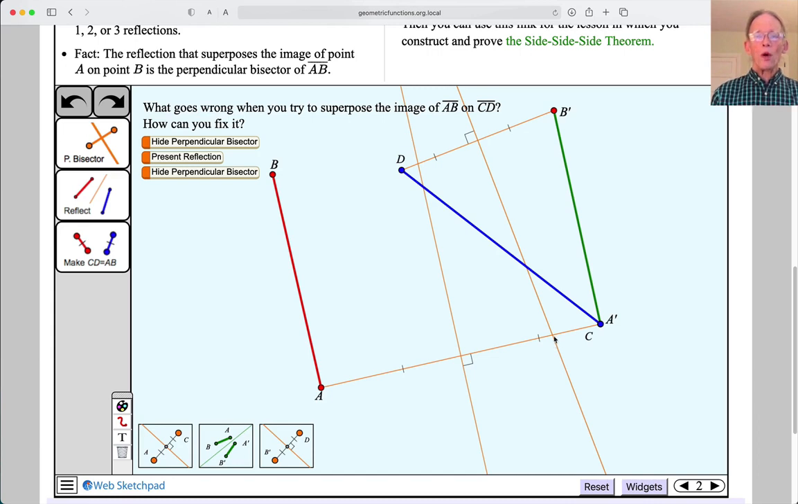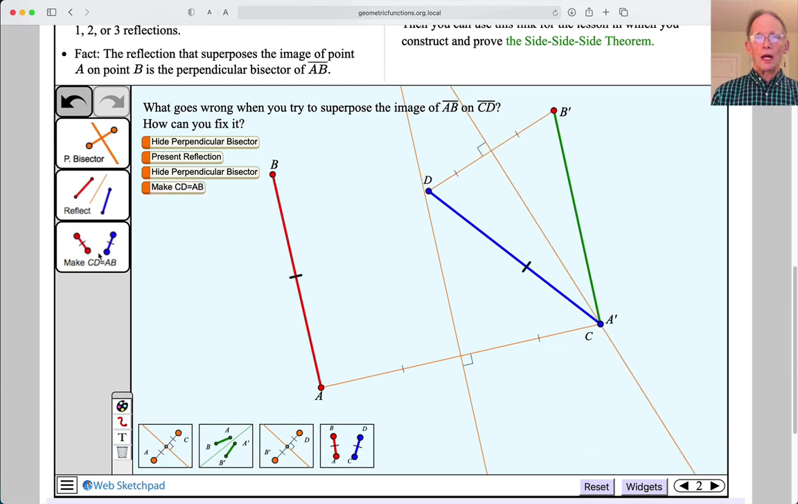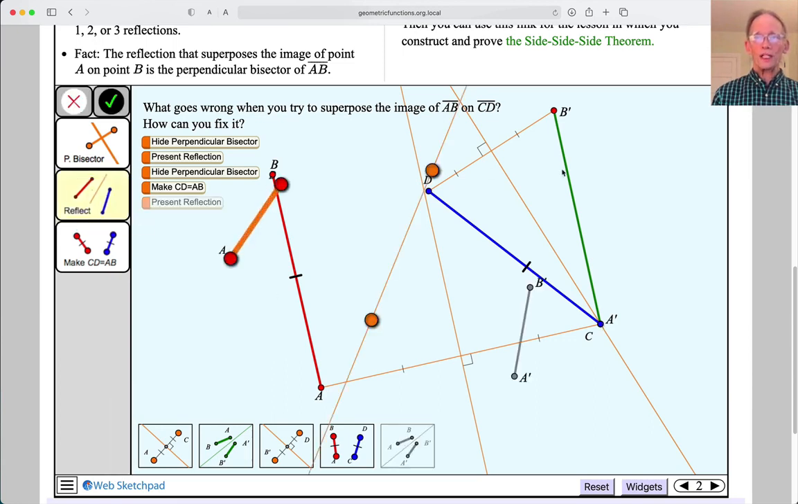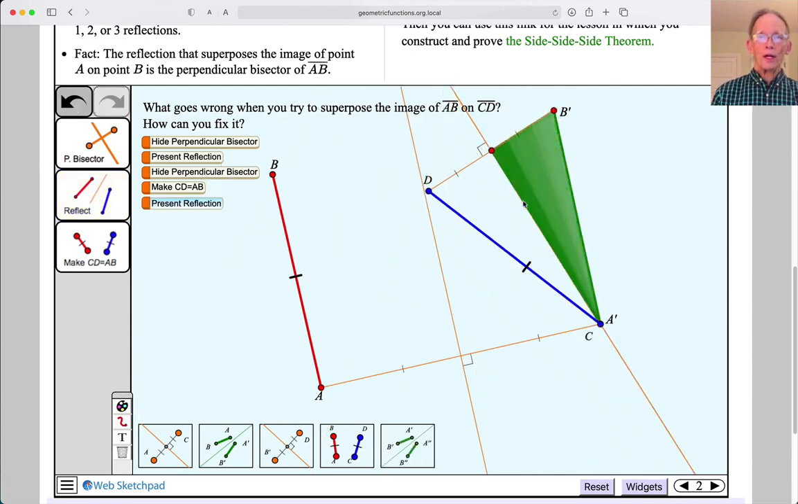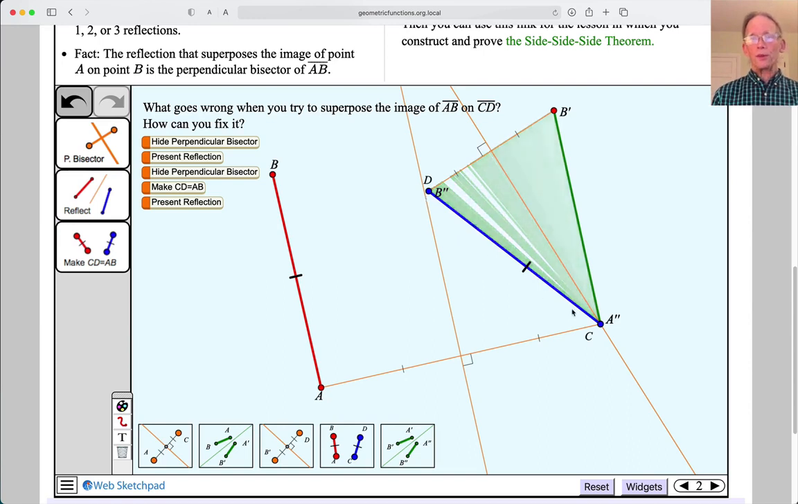Ah, we forgot to impose the given fact. Watch what happens when I click this tool. Segment CD was adjusted. This tool adjusts segment CD so it's the exact same length as AB. Now, this point is on the mirror. We can go ahead and do our reflection now. And there we go. We have established the superposition, which gives us the steps right here that are involved in proving